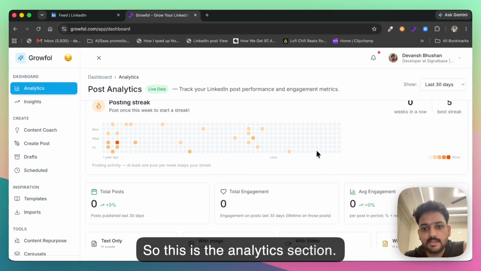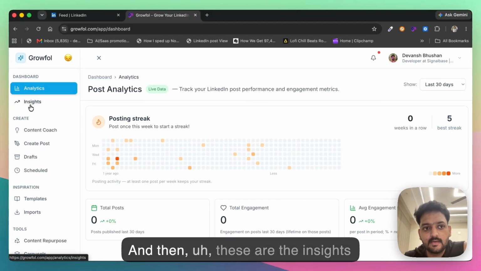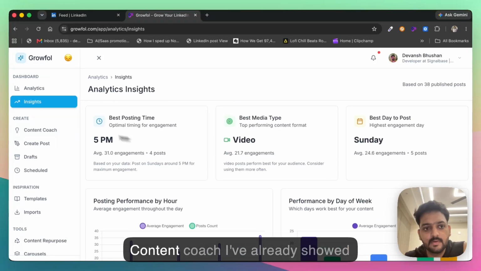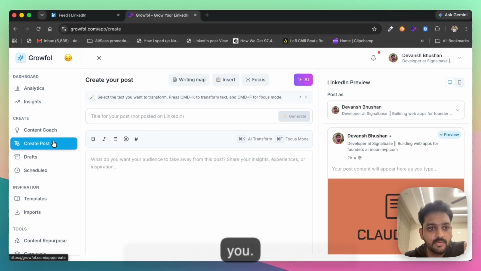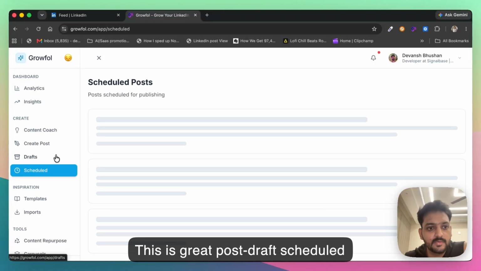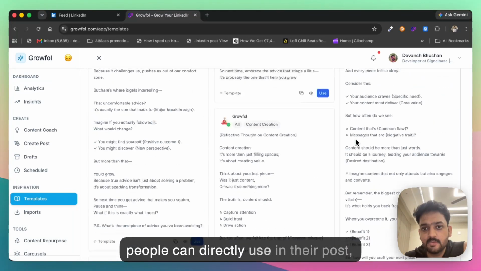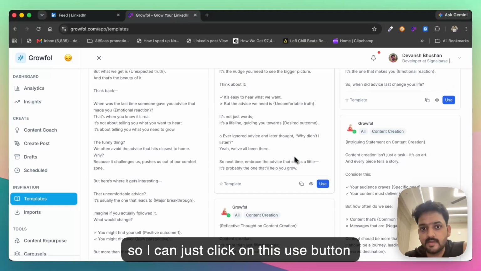Apart from this, there are a lot of other features. So this is the analytics section, and then these are the insights which tells me what is the best time for me to post. Content coach I've already showed you. This is create post, drafts, scheduled section. For inspiration, we have a bunch of templates that people can directly use in their posts. So I can just click on this use button, and it would use